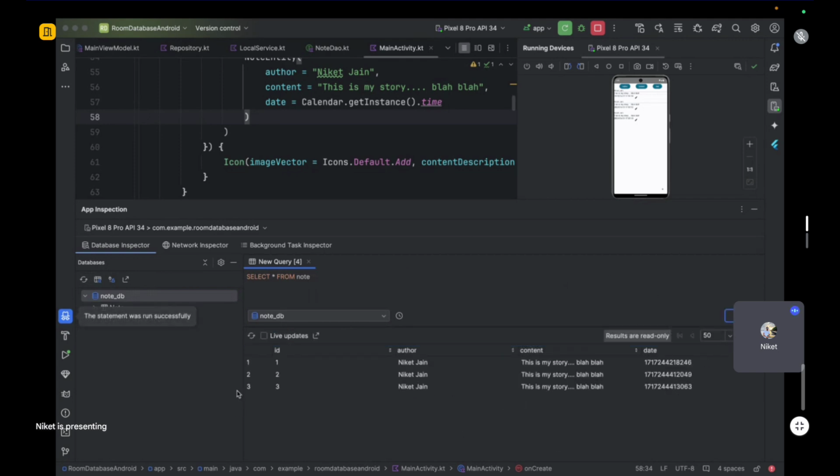Cool. I'm not sure, there might be some bug or issue, but you can see